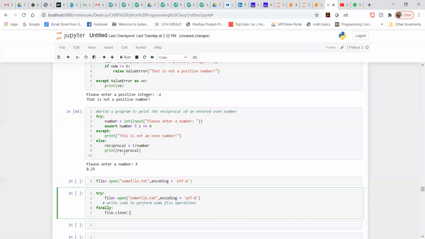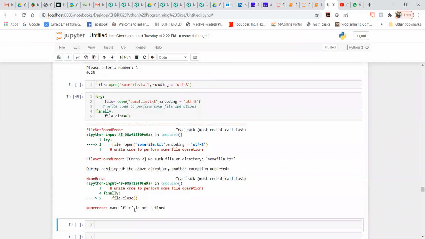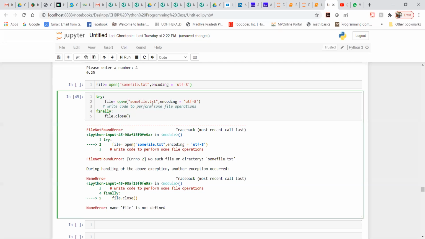Now let me run this. First of all, you need to define some file. The file is not there. You can just create some file. Let me create it on the backend so that you will not get any scary faces.